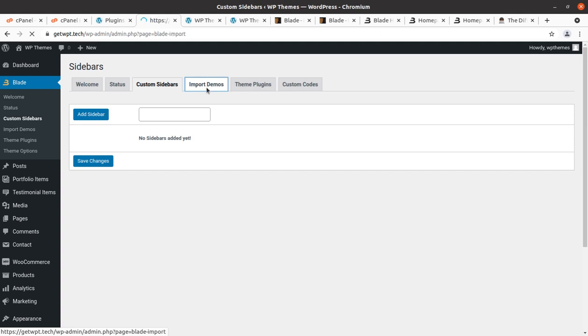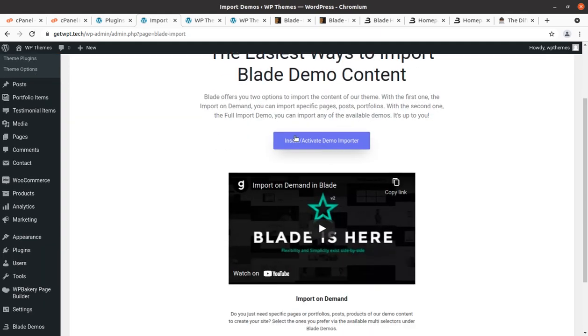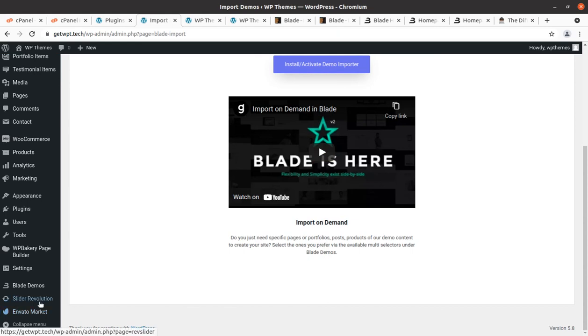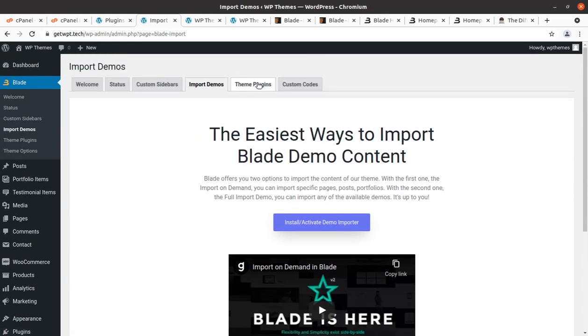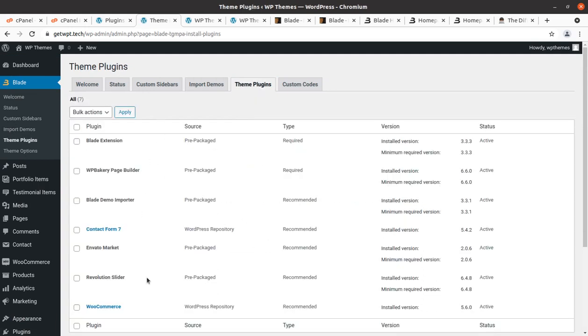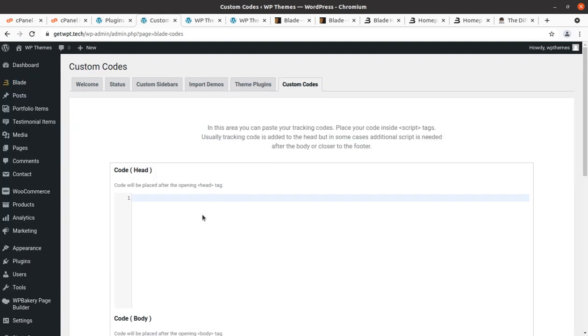Import demos options, however it is not very effective. We have to use import demo from Blade demos itself. And theme plugins, so we have already used this. Custom codes, so you can put your custom code here.